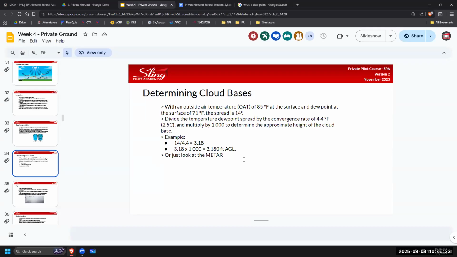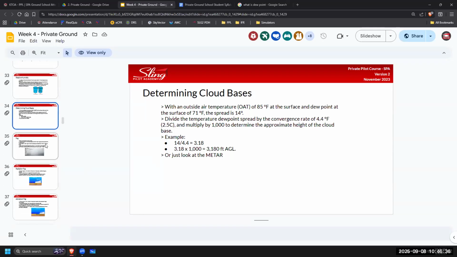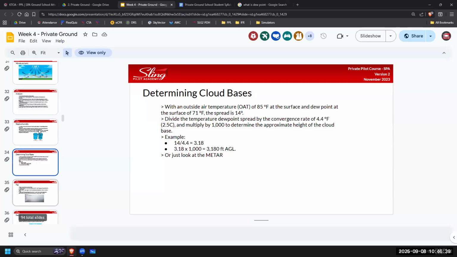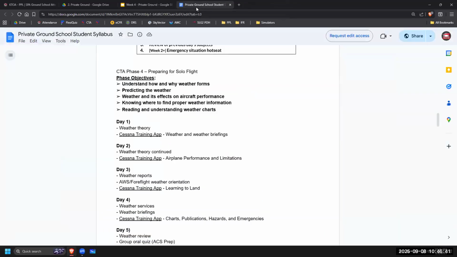Actually, I don't even think it's on here, but how many people know how to read a METAR? Sort of. Have you practiced in King School? Let's finish up class today by looking at a METAR and how to read it. And then we'll start with fog tomorrow, because that's a whole other thing. It's easy to read on ForeFlight because it decodes it for you and tells you exactly what it's saying, but I'm sure you all have seen that. That's not what you have to know how to read from.